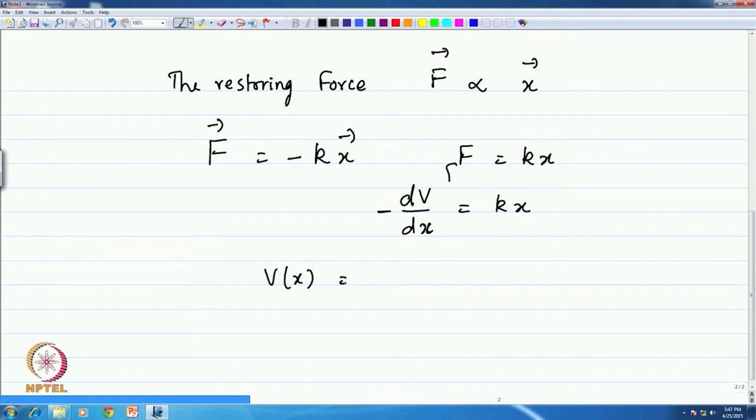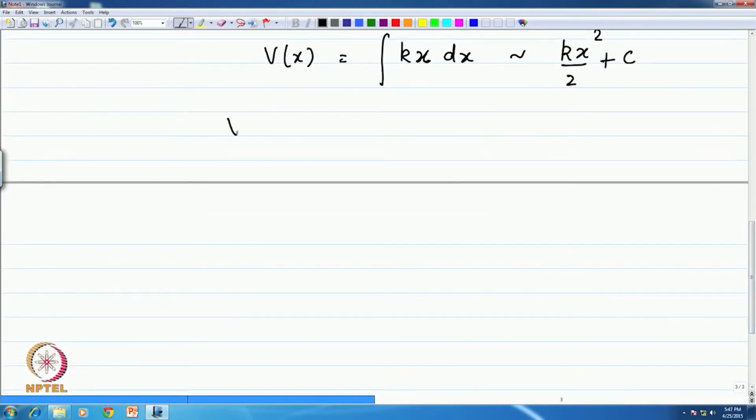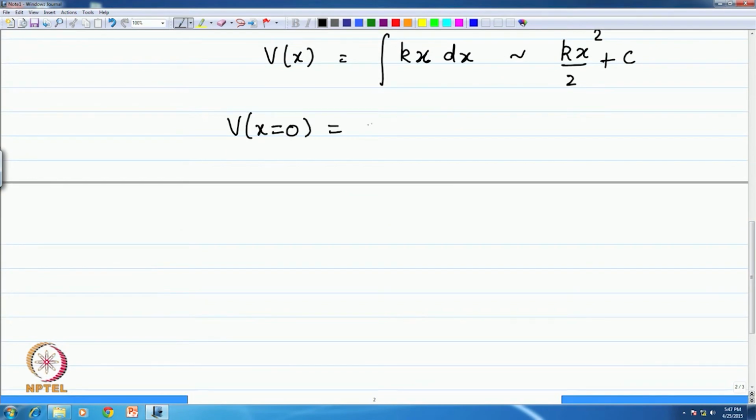the potential energy V of x is, with the minus kx and the minus kx, the integral of kx dx, which gives you kx square by 2 plus a constant. We can always choose that the potential at the equilibrium, that is, at x equal to 0, is 0, which means that the constant can be chosen to be 0. This is the minimum in the potential,